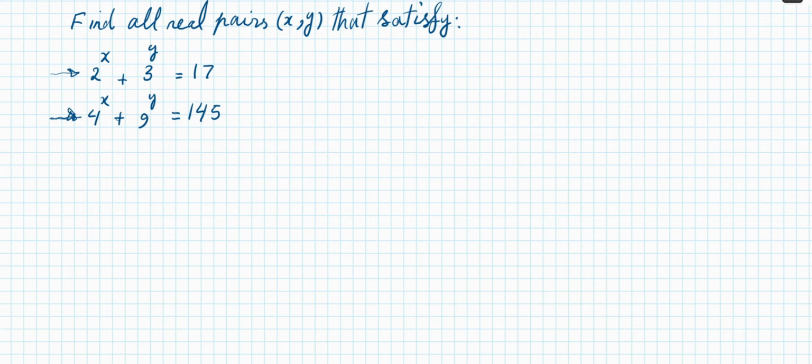and we write 4 to the power of x as 2 to the power of x squared, and 9 to the power of y as 3 to the power of y squared. Also,